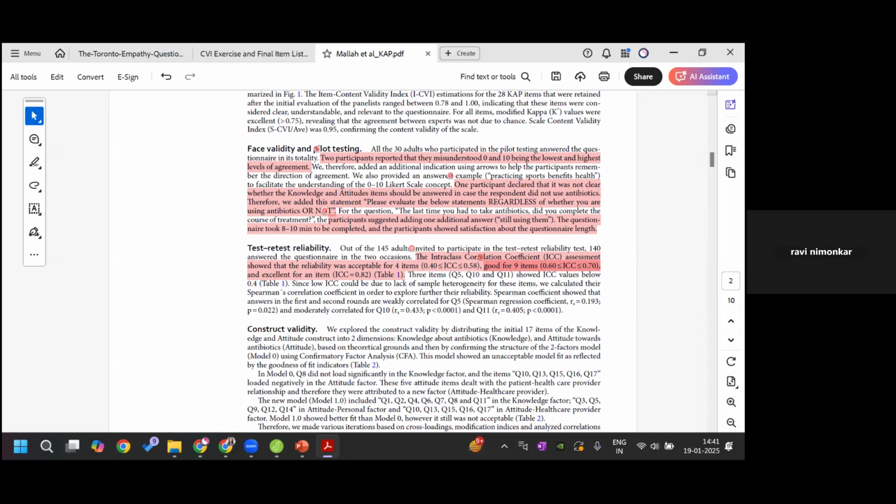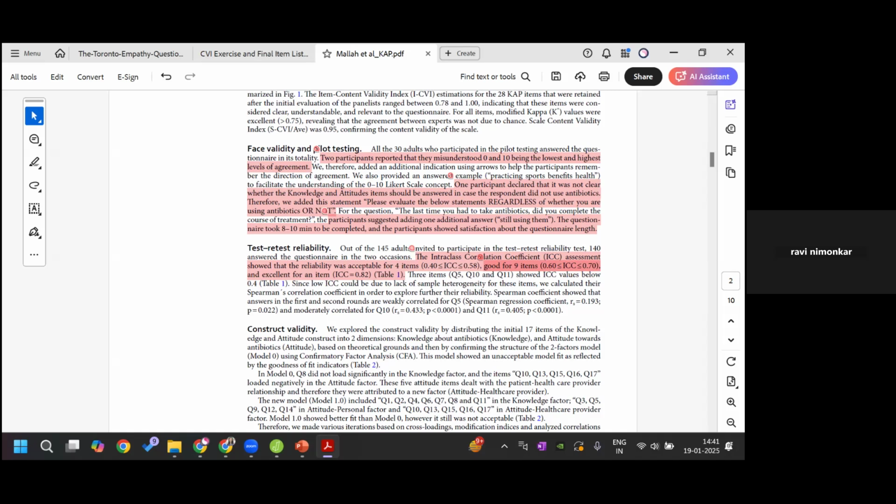Yes. All the 30 adults who participated in the pilot testing answered the questionnaire in its totality. Two participants reported that they misunderstood 0 and 10 being the lowest and highest levels of agreement. We therefore added an additional indication using arrows to help the participants remember the direction of agreement. We also provided an answer example, practicing sports benefits health, to facilitate the understanding of the 0 to 10 Likert